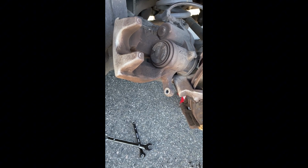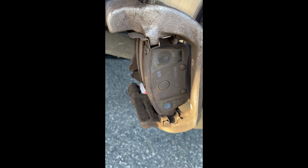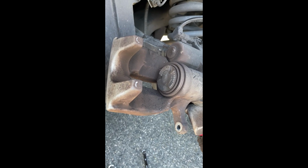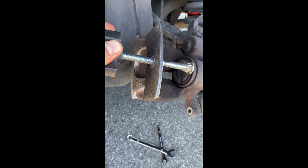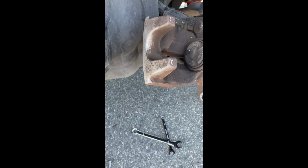Now you wanna take a good picture of the positioning of the brake pad. If you are not confident, you want to do a good cleaning of the brake pad, the brake caliper. Also, you want this piston fully retracted. So you can use some tool like this or a better tool to help. Okay,